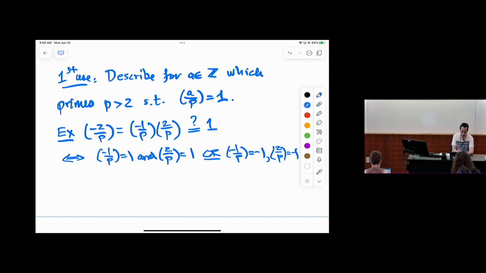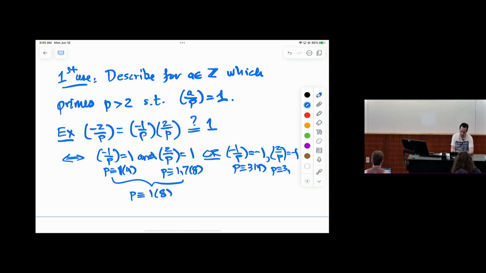In the first case, -1 is a square when p is 1 mod 4. That's the first supplementary law. 2 is a square when p is 1 or 7 mod 8. When you put these together, if a prime is 1 mod 4 and 1 or 7 mod 8, that'll only happen when it's 1 mod 8. The other case, if -1 is not a square mod p, p has to be 3 mod 4, and the other option, if 2 is not a square mod p, p has to be 3 or 7